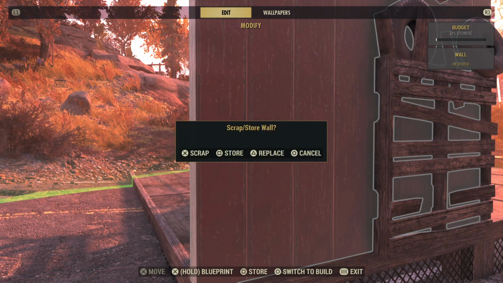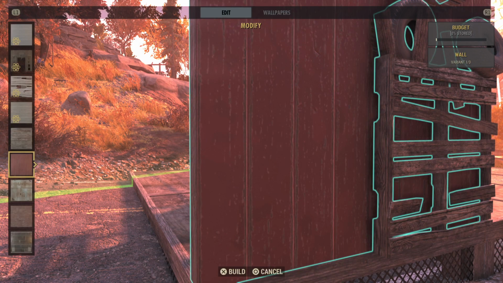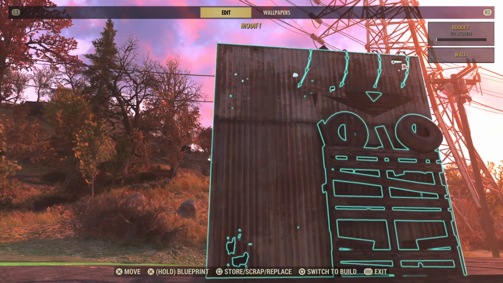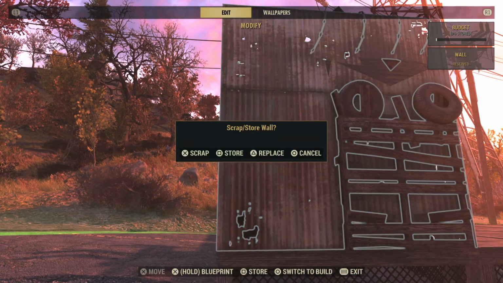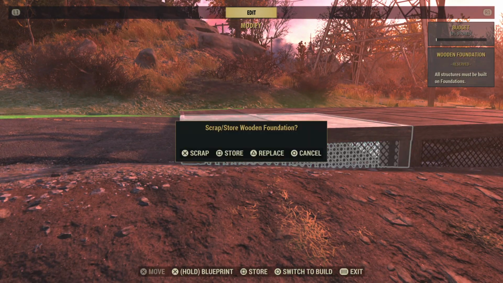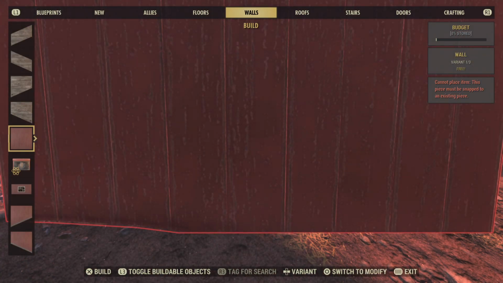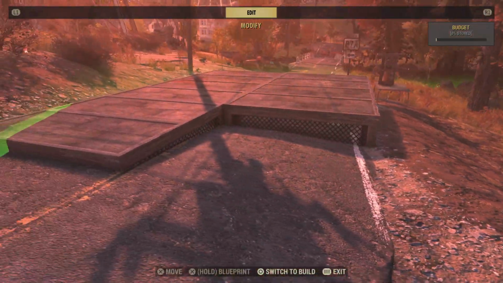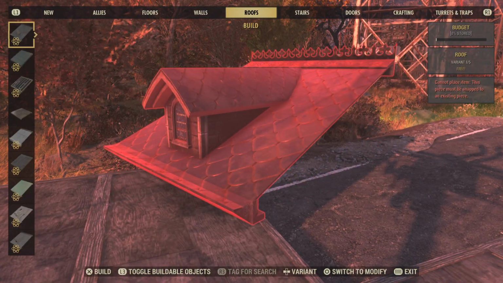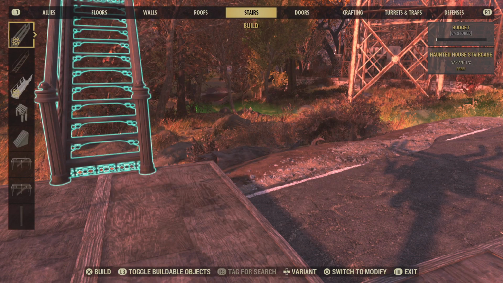You can turn this wall into any wall you want to with the replace option. Let's replace it, and we replace it with that type of wall. So that's one way to do it. Another thing we can do, using the same wall, see, I moved that foundation, but because I'm going to show what else I can do, we merged the